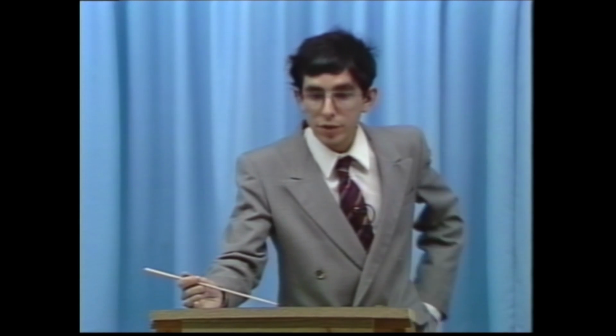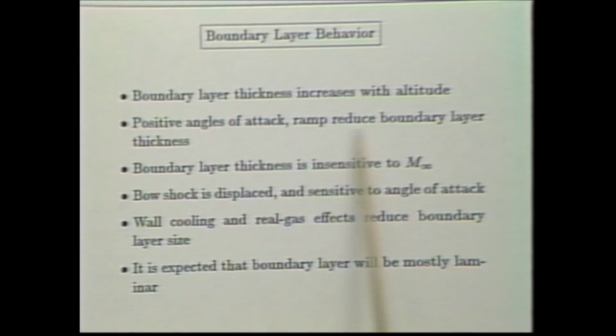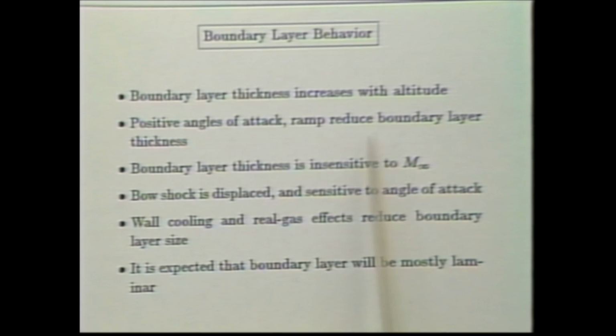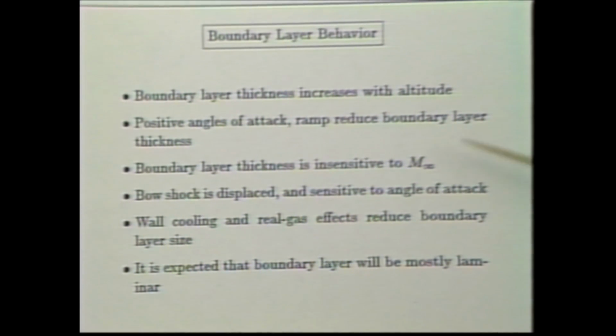Okay. As we said, just by way of summary, boundary layer thickness increases with altitude. If you have a positive angle of attack, or if you have a larger ramp, you tend to reduce the boundary layer thickness. And that's, by the way, also very important. If you're designing the flow on a hypersonic inlet, you have to be very careful to remember that if the inlet is at some inclination angle, the boundary layer thickness could be very different than the boundary layer thickness on